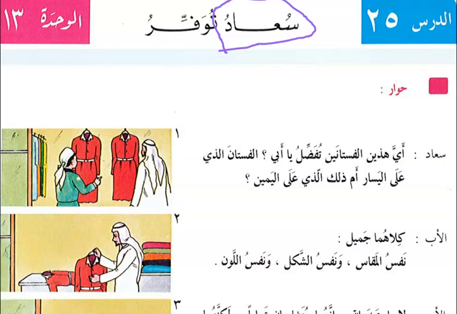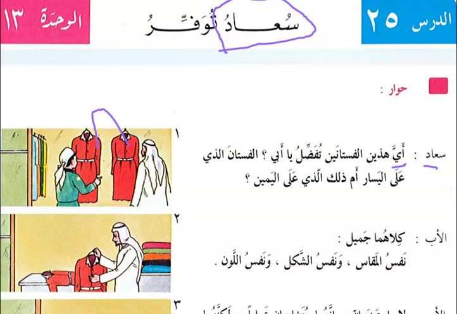That means saving. سعاد أي هذين الفستانين تفضل يا أبي. Suad is asking her father: which of these two frocks, which of these two dresses. أي means which, هذين means these two, الفستانين, fustan means frock. Can you see there are two dresses, two frocks. So الفستانين means two frocks. So أي هذين الفستانين, which of these two dresses or frocks, تفضل, you prefer, you want, يا أبي, oh my father,